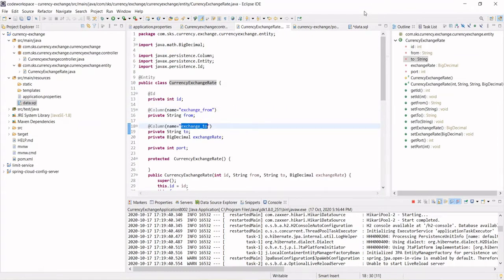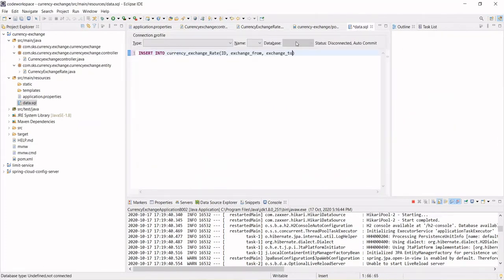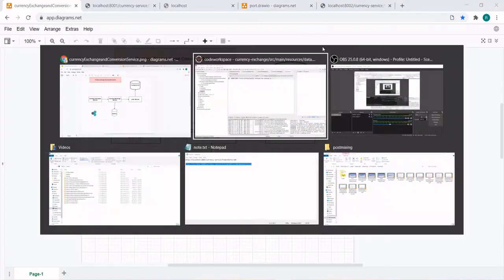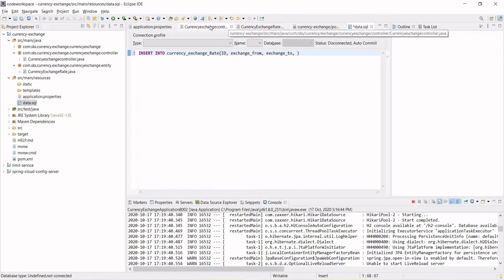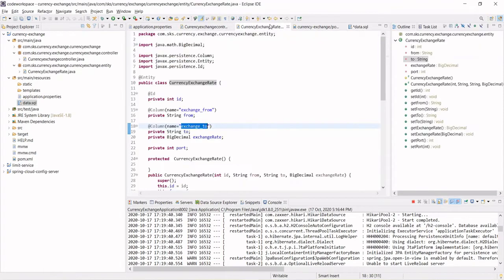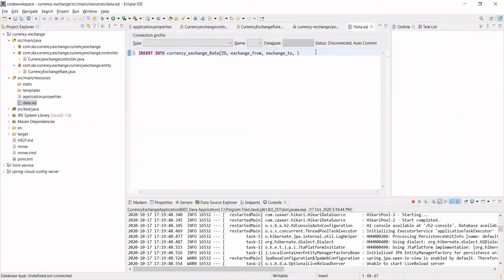Copy this. And fourth is exchange rate, and the last one is port, correct?